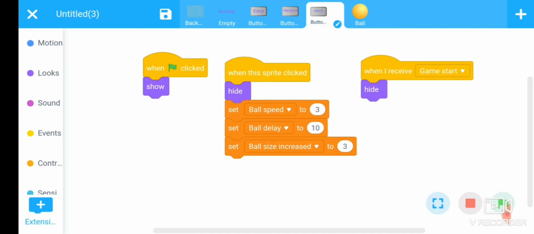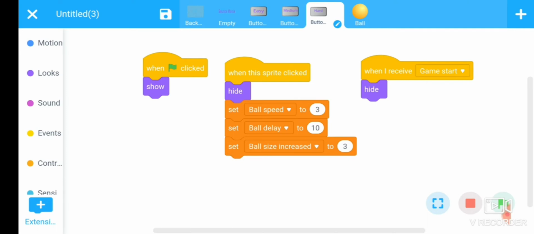And the condition is when we receive the game start message. We have also defined this condition here. The game start message is generated whenever we click on the 3 buttons.